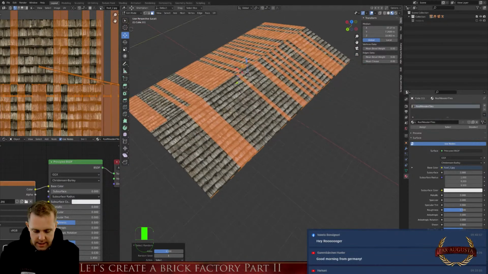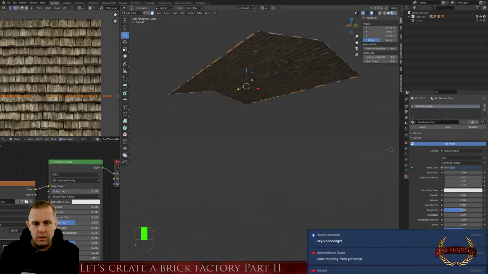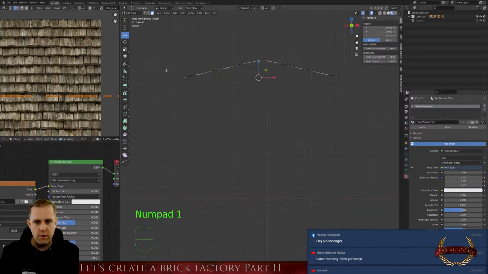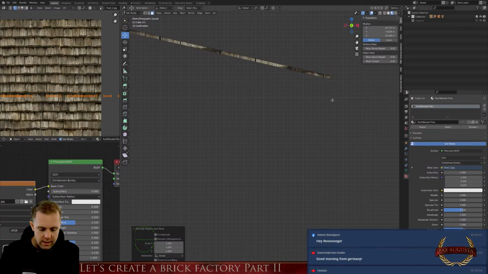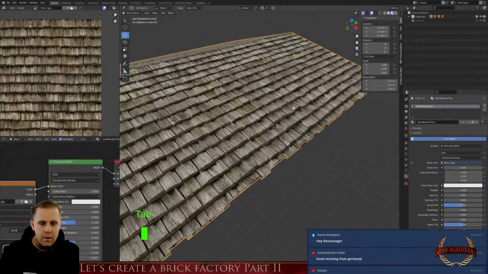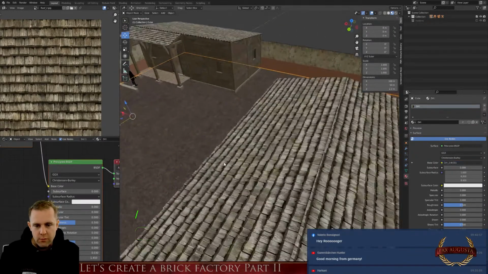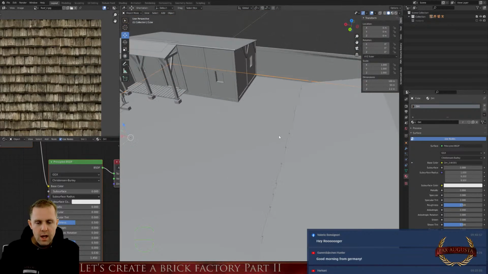Okay, and then I want to deselect most of the things that I don't need. I don't need those, and I don't need the side one. Okay, perfect. And let's extrude them, and as for scaling, we extrude that a little bit and drag it down like this one here. Looks perfect. And let's go back. So now we have this, maybe you can see it, but here we have this different tile length,